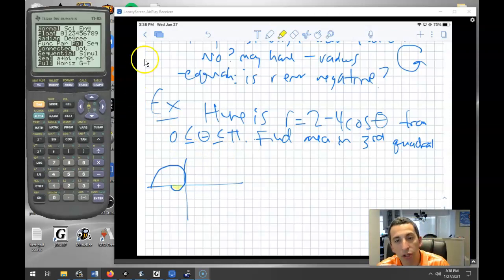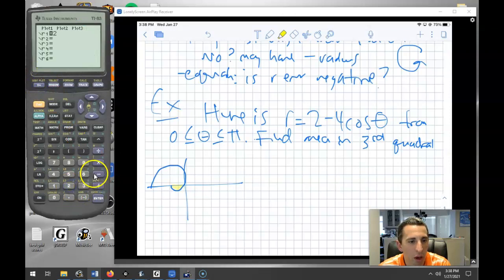in yellow. So what I wanted to show you is look what happens when you actually graph this on your calculator. So I'm in polar mode right now. So if I go to graph this, I'm going to graph 2 minus 4 cosine of theta. Okay, so now when you graph this function, I'm going to make sure, for my window, I only look not from 0 to 2 pi, but just from 0 to pi. And the reason I'm doing 0 to pi is because that's the values right there that I told you we're looking between. So look what happens when I graph the function. What we see is it starts down there like I did, and then it goes around. Well, that's interesting. Okay, so because you might look at this, and like obviously if you had to find this area,